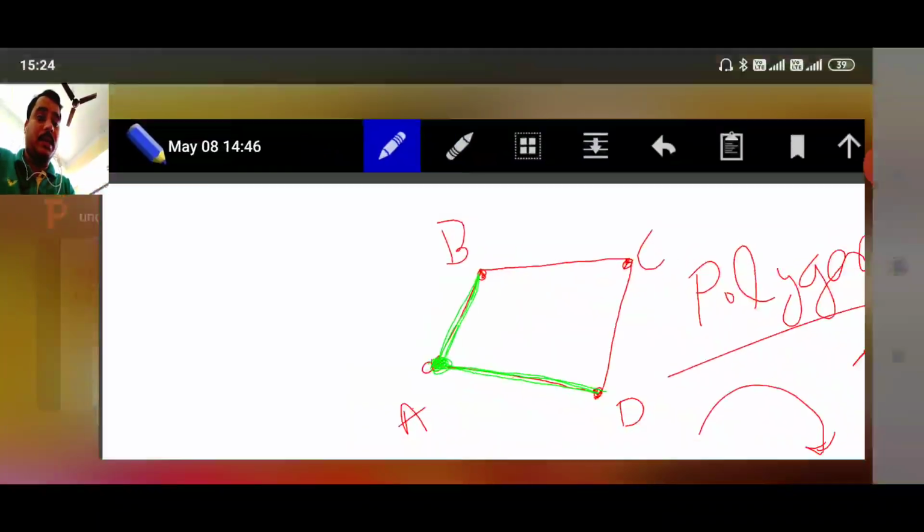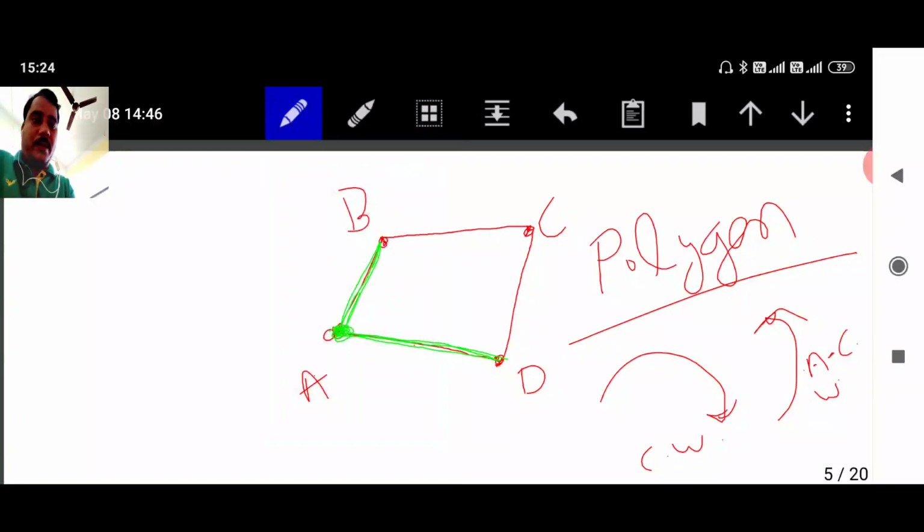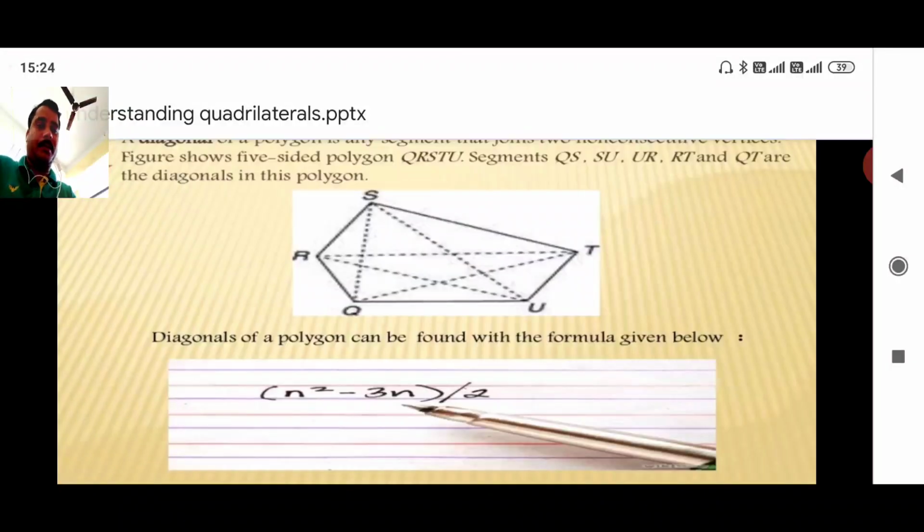One pair is this, the second pair is this, okay, the third pair is this, and the fourth pair is this. Meaning AB and AD is one pair, AB and BC the second pair, BC and CD the third pair, CD and AD the fourth pair. Okay, clear to you? Next one,